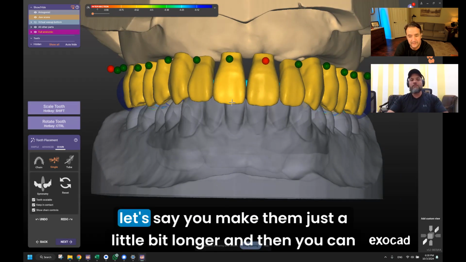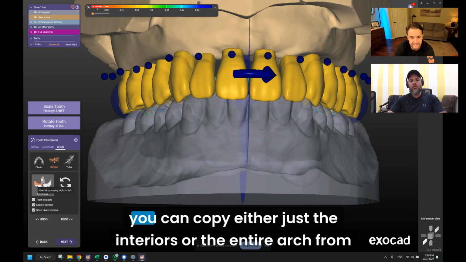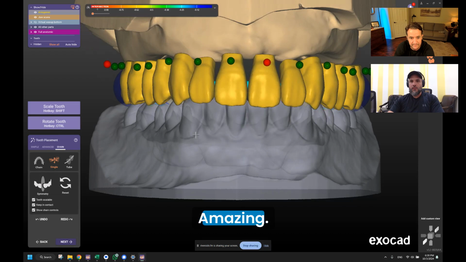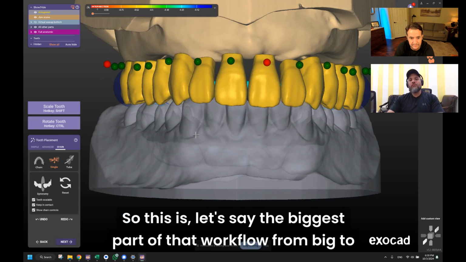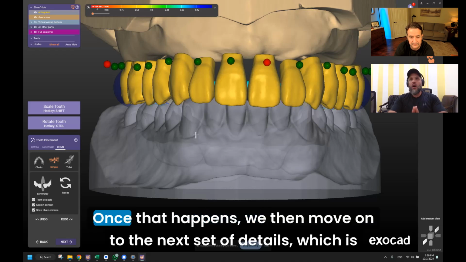So let's say you make them just a little bit longer, and then you can just mirror and flip 9 to match number 8. You can copy either just the interiors or the entire arch from one side to the other. So this is, let's say, the biggest part of that workflow, from big to detail. So this is the biggest. We just want to get things more or less in the ballpark. Once that happens,